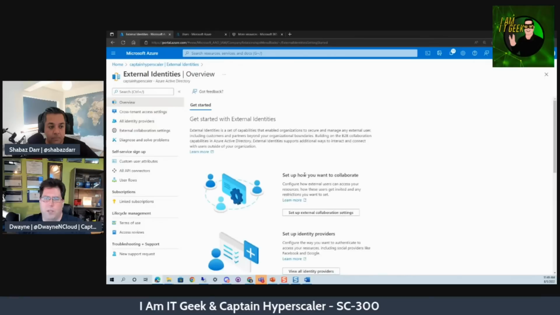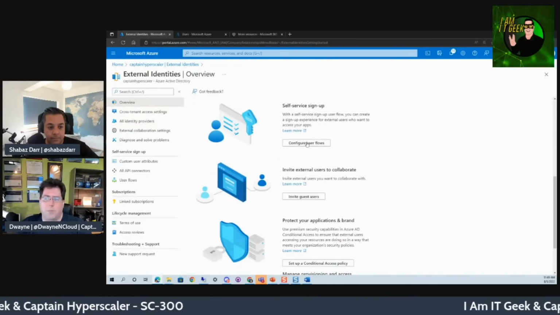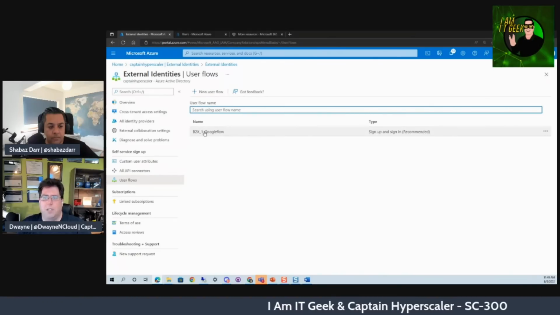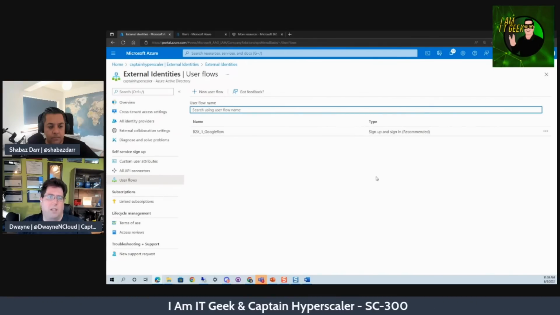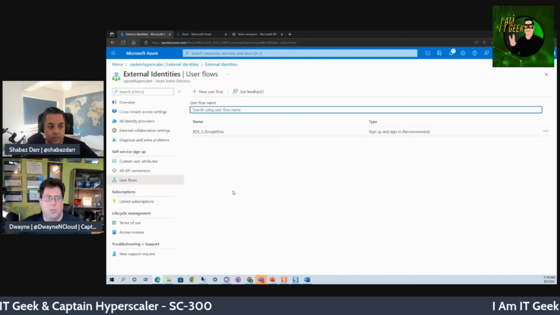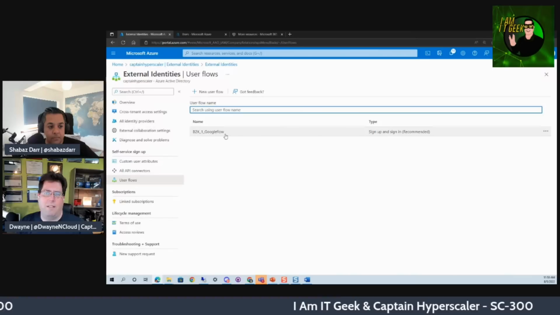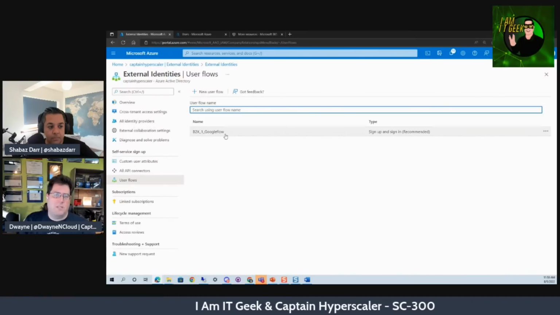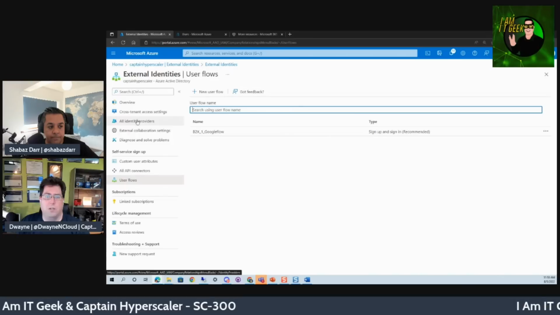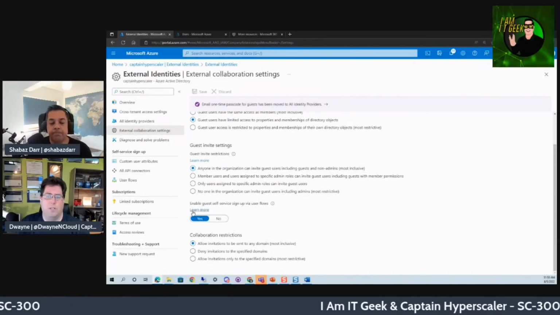If we come back to the overview here and step through, self-service sign up. We can set up user flows to allow somebody to sign up and sign in. And I've set up a flow here for Google. So if somebody does have a Google account, we've set up that identity provider that allows them to sign up and sign in to our account. So we need to make sure in our collaboration settings, if that is the case, and if we're going to allow that,